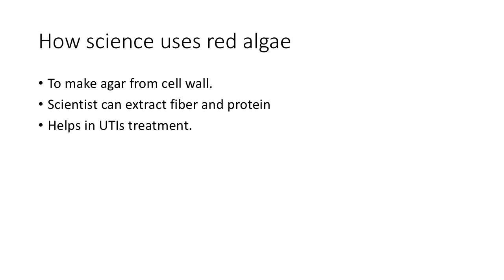How science uses red algae. The cell wall of algae can be used to make agar. Two important things obtained from red algae are agar and carrageenan. Both are polymers of galactose. Red algae can also be used as food, for example laver or dulse. Since algae are loaded with fiber,